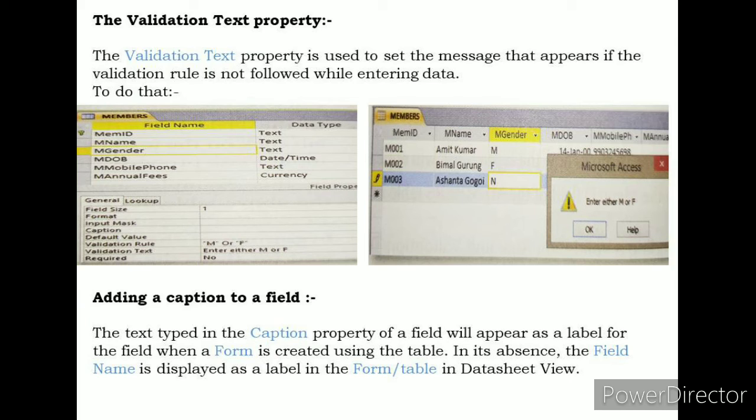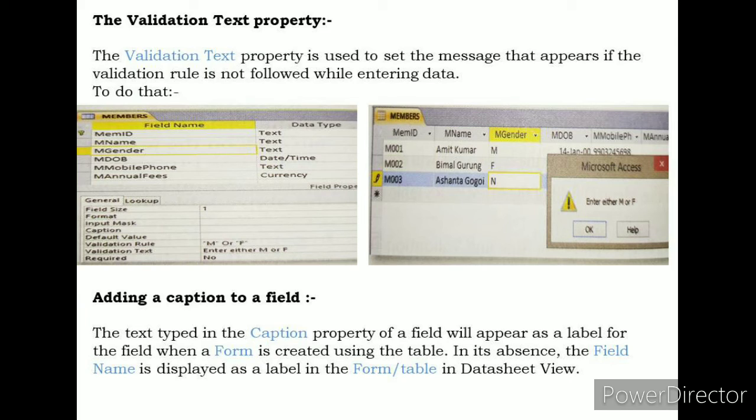Now in the condition, type M or F for the validation rule, and inside the validation text type the message, that is, enter either M or F. In case someone enters anything other than M or F for the M gender field, this validation text will get displayed. Last, save the changes and close the table.